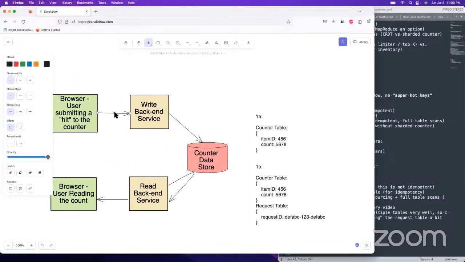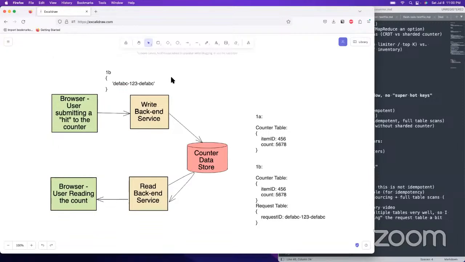But you would of course also need to have that request ID as part of your request. So for 1B, you're going to have your request ID over here that you would be sending with it. And that's not necessary for 1A though.